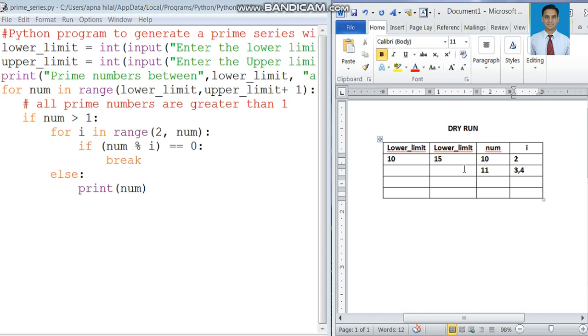The internal for loop will get exited and the loop will come again, and the value of num will now be 13. Similarly, we know that 13 will not be divisible by any number between 2 and 12, and in this way, using this logic, all the prime numbers within an interval will get printed. Hope you have understood this logic, this dry run.